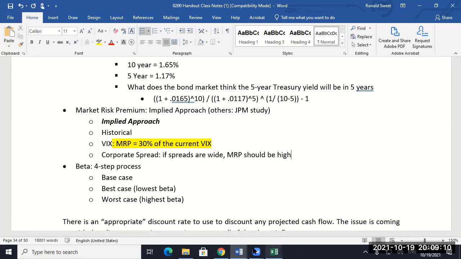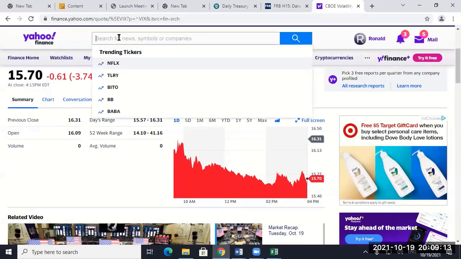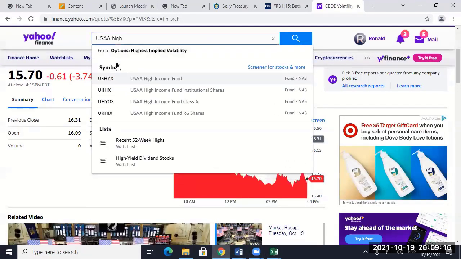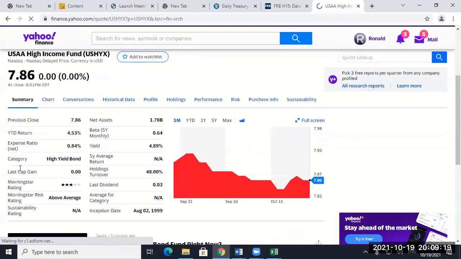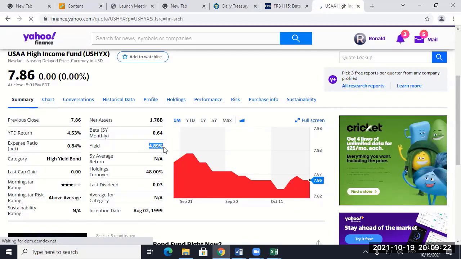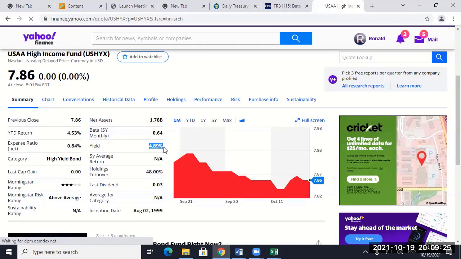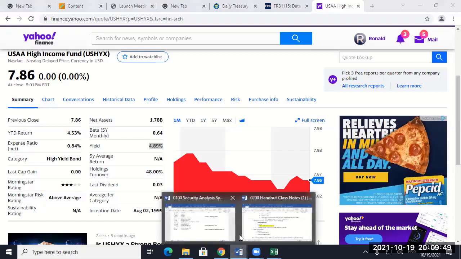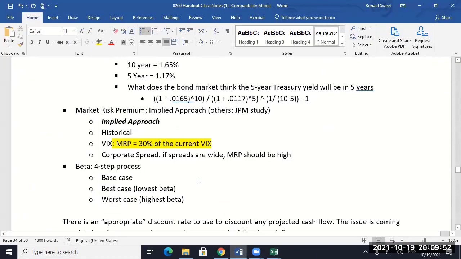I was kind of amazed at this. USA High Yield Bond Fund has a yield of 4.9%. Remember what I said the US Treasury used to be? 4 or 5, that 5-year Treasury, I sorted at 5.16%. This is the high yield bond. This is below investment grade junk bonds, and it's yielding 4.9%. So that used to be the normal spread for high yield. Now this is their total yield. I mean, this is everything, including the risk-free rate. So that argues for a low VIX.